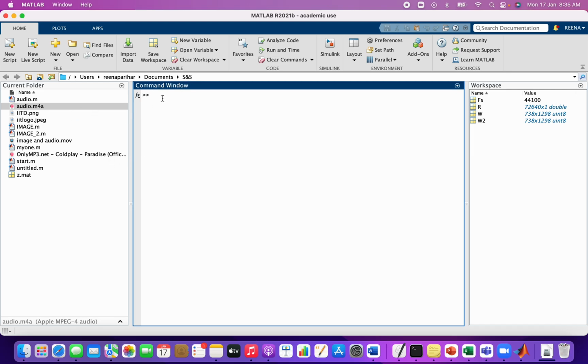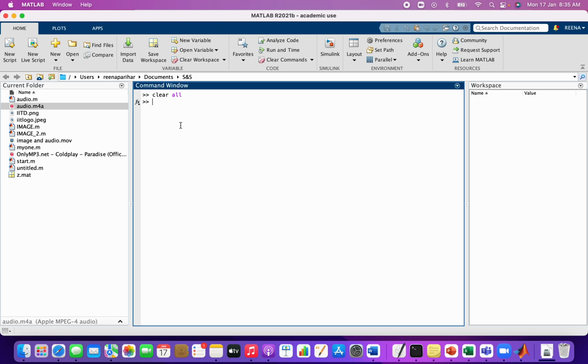The other window you are going to work on is the command window, and the third is the workspace. Some data is already present in the workspace. If I want to remove it, it is better to clear it, because when you want to clean everything up, just clear it.